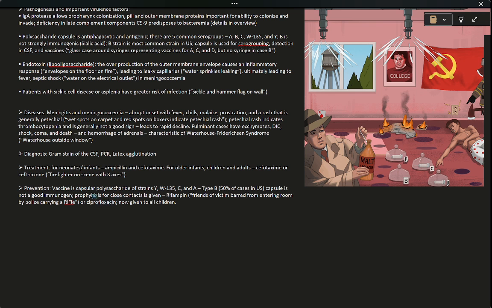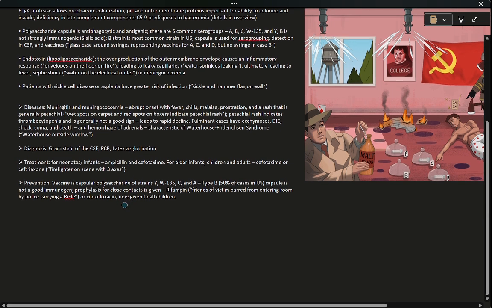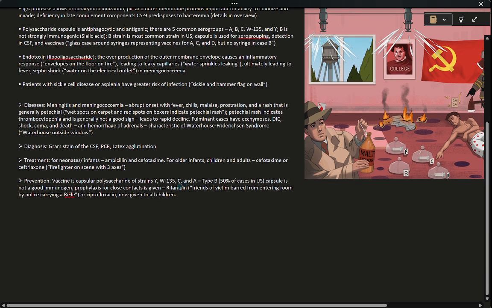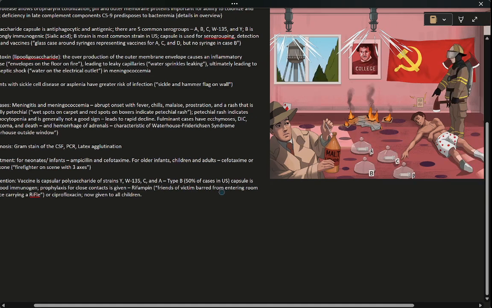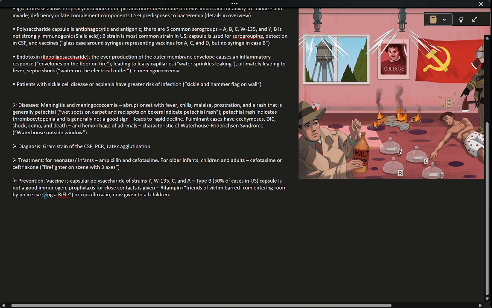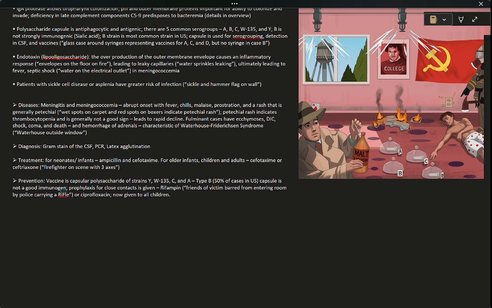Interestingly, this prophylaxis measure is now given to all children, along with the vaccines. And so, to remember the rifampin, think about the friends of the victim barred from entering the room by the police carrying a rifle or riffle. And that rifle is supposed to